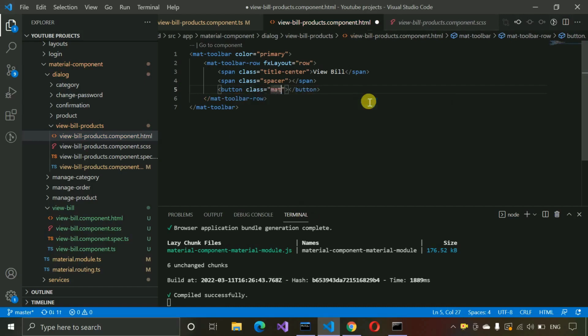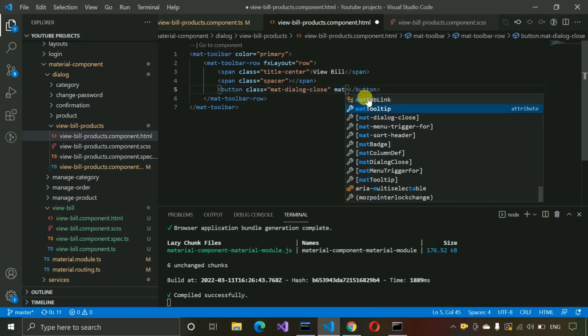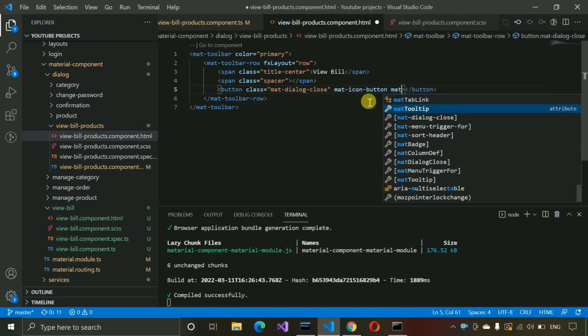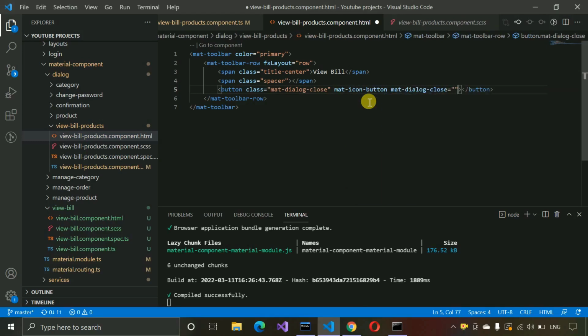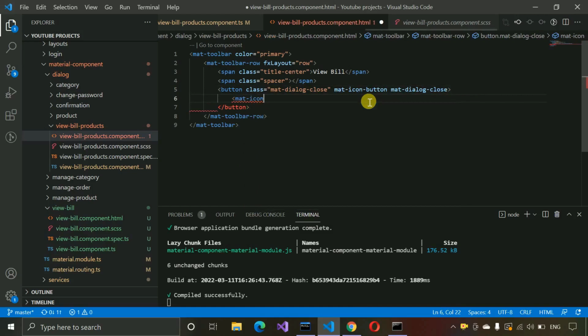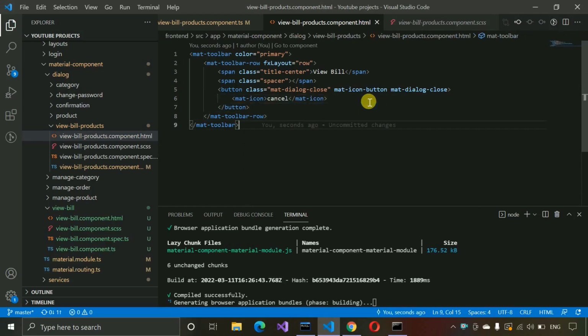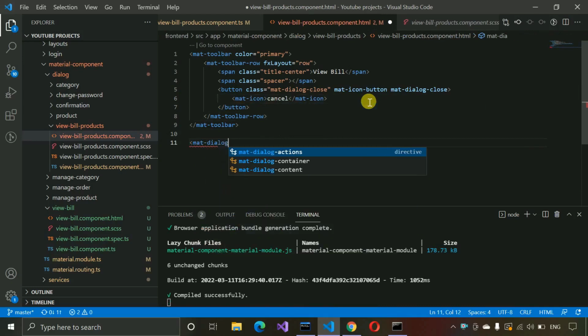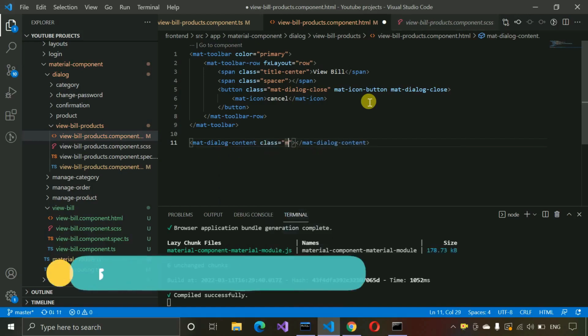So here we need to write mat-dialog-close, this one, and here we need to write mat-icon-button, and then we have to write mat-dialog-close, and inside this we have to write mat-icon, and it should be cancel, and here we need to write mat-dialog-content, and the class here we need to write mat-typography,